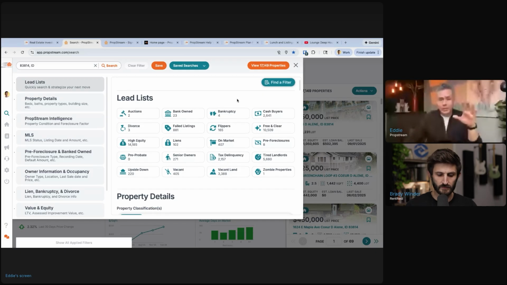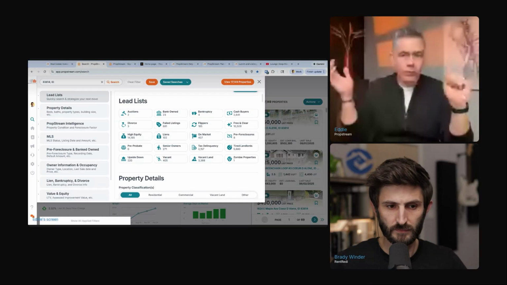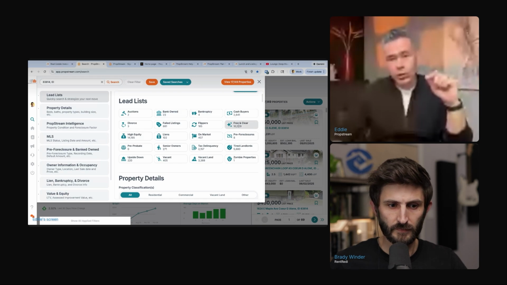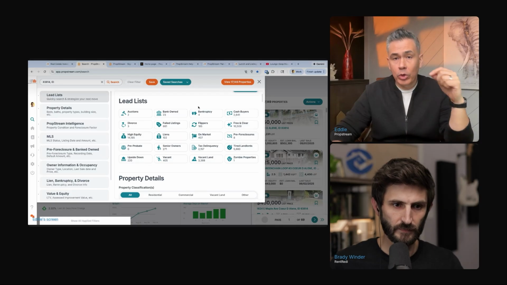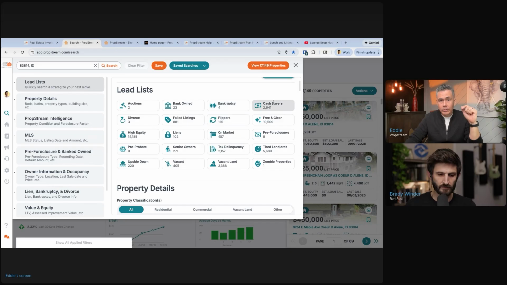The lead list here at the very top is like your quick lists, a quick way to filter this list down to a certain category. And you'll see a number inside each one of these categories, which corresponds to the number of properties that meet that criteria. So of these 17,149 properties, 23 are bank owned, 4 are in bankruptcy,